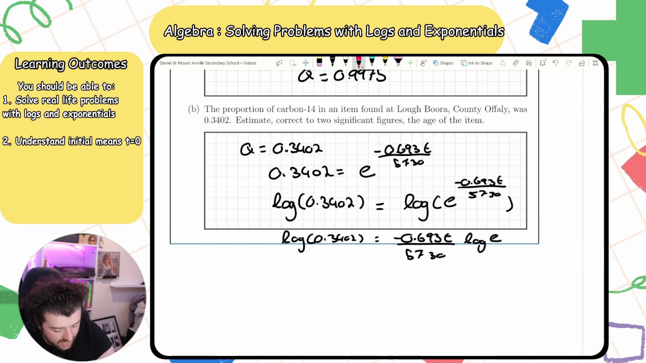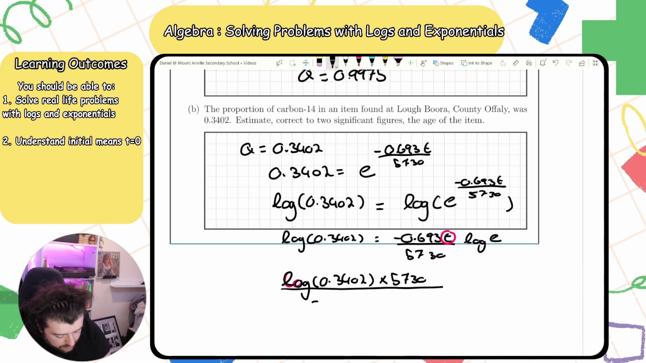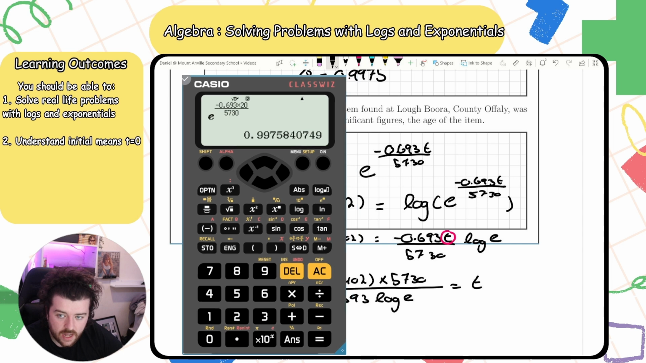Then I need to get t on its own here. So I need to multiply by 5,730 to get rid of the fraction here, and I need to divide by minus 0.693, and I need to divide by log e to get what t is. So again, we're just doing opposites here. And if you put that absolute behemoth into your calculator now,